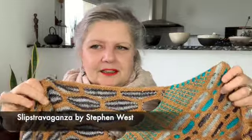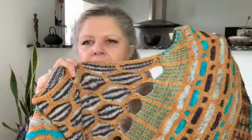So next is the monster knit. The same kind of monster knit the half and half triangles wrap can be. Half and half triangles wrap is very easy to knit. It takes a long time. So is the Slipstravaganza. So this is my Slipstravaganza that I made from April to July 2022, and so